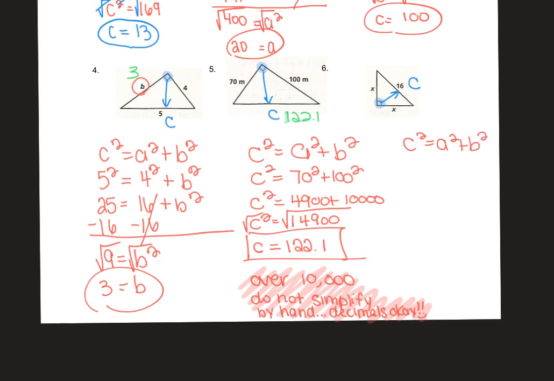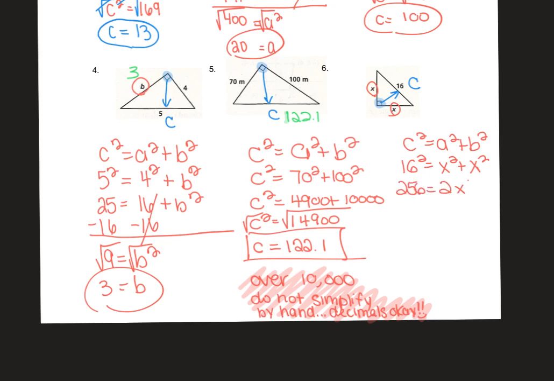All right. And then here we have c squared equals a squared plus b squared. Now this one's a little different because there's two x's, but because it's x, they're the same thing. It's just going to be a little bit of solving the equation, making sure you're solving it correctly. So we have 16 squared equals x squared plus x squared because that's a and that's b, or vice versa. When I add them together, how many x squareds do I have? Well, first I should do the 16 squared, which gives me 256,